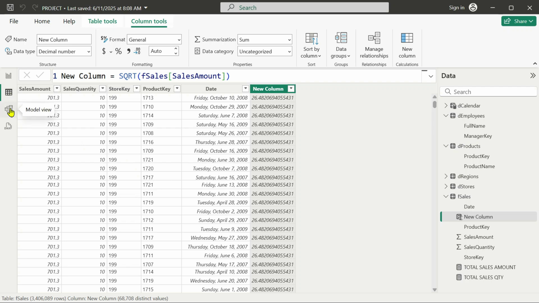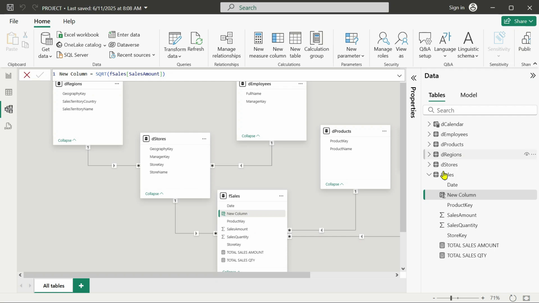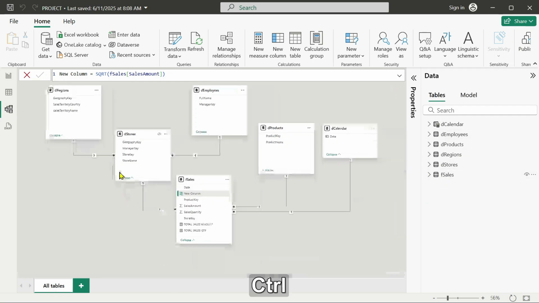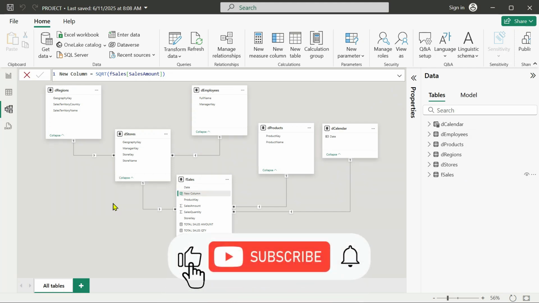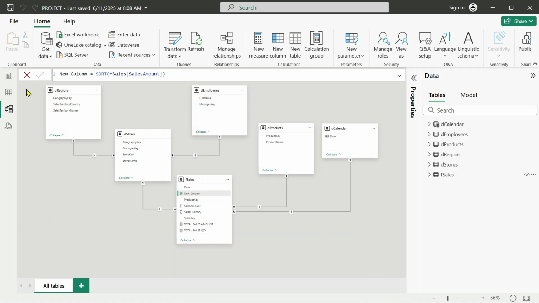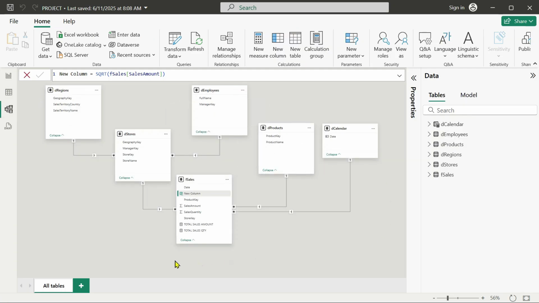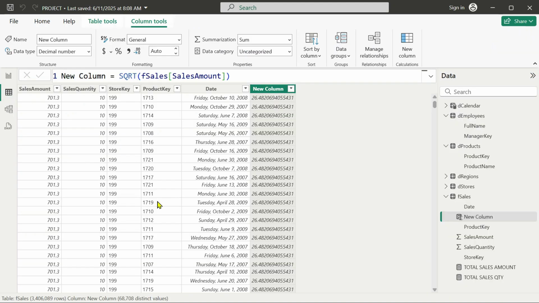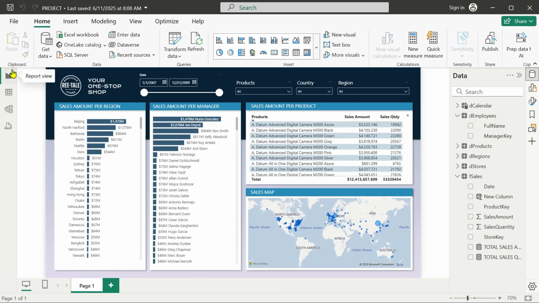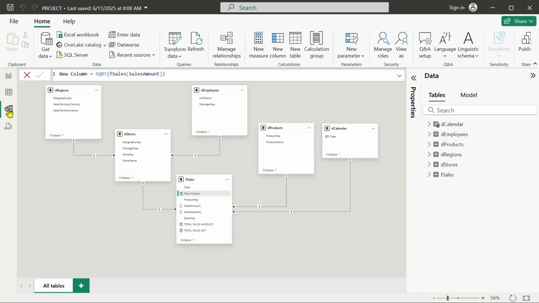And on the model view, again, you can see the list of tables on the right-hand side, but this is where you manage the relationships between tables. You can see that it has a different function. I mean, you cannot create visuals here as you do in the report view, and you cannot see the entire tables as you do in the table view. But also in the table view, you cannot create relationships between tables, nor in the report view. So you can only do it in the model view.